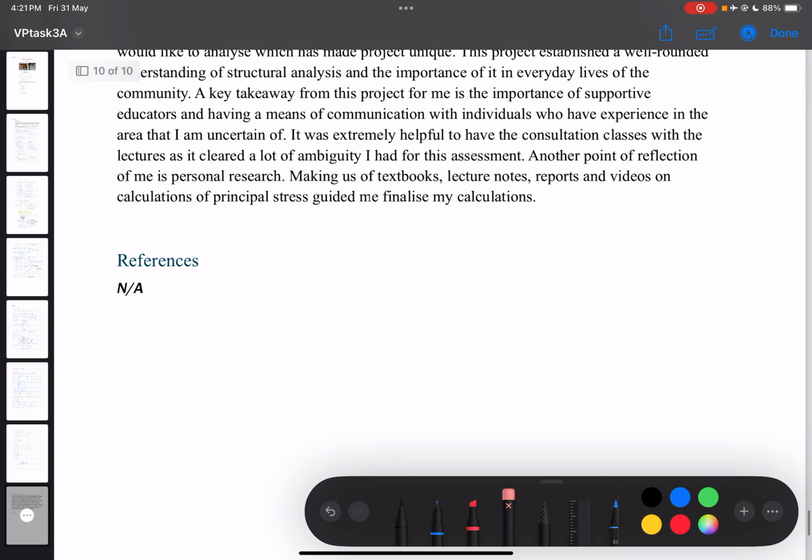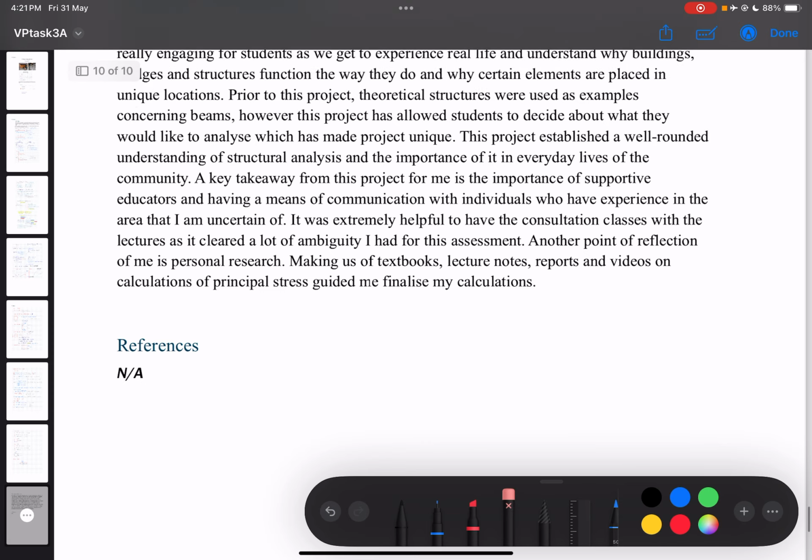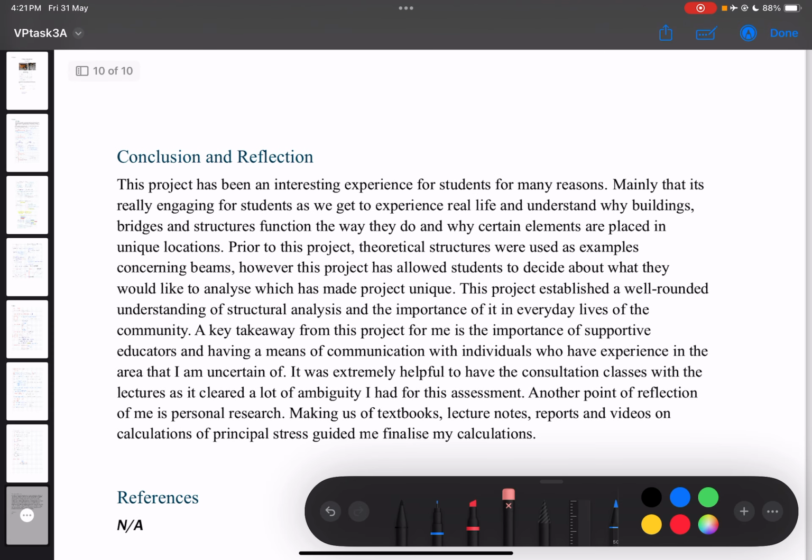By the way, I've used online resources, however I have not used them for my calculation, but rather as guidance. So yeah, I appreciate your